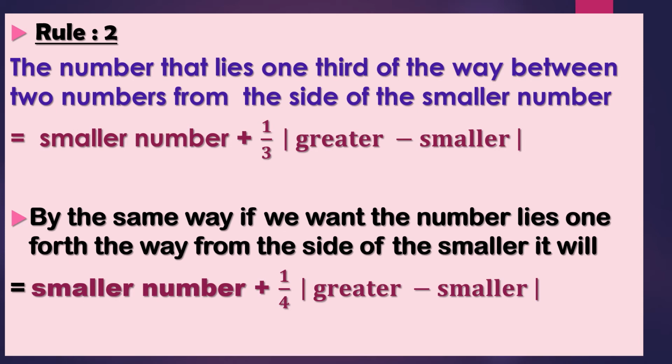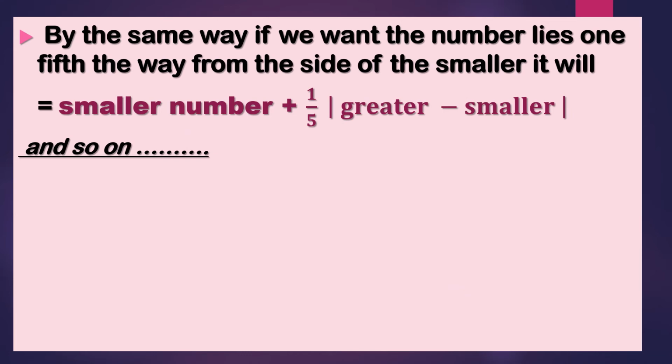Let's say that the number lies a fifth of the way from the side of the smaller. We have the smaller number plus 1 over 5 absolute value of greater minus smaller, and so on. Remark: